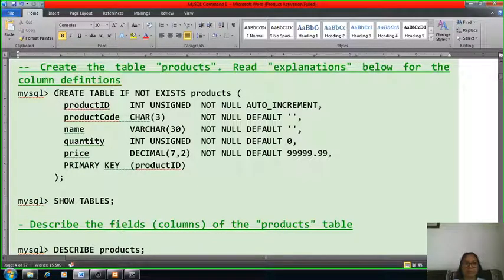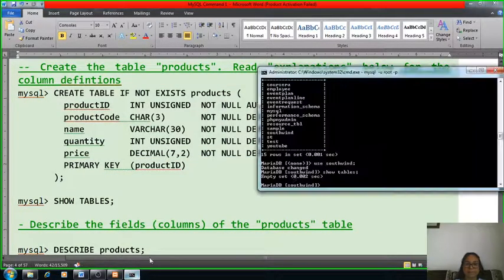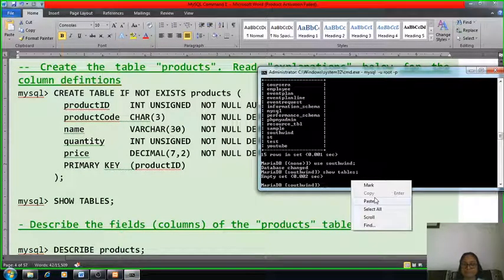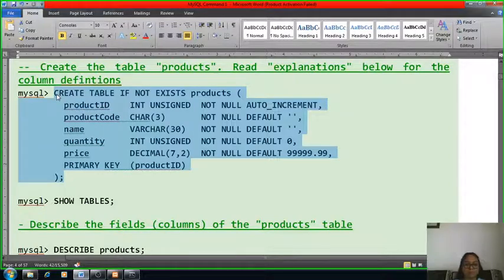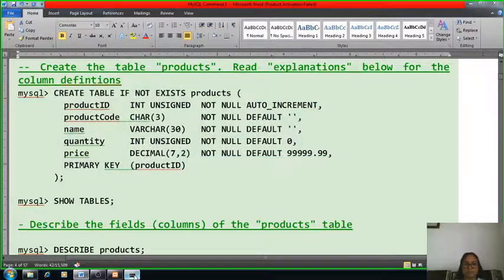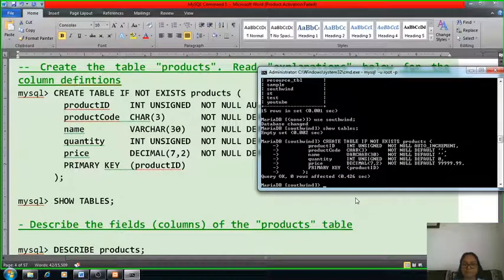I will copy and paste these commands as they are. Okay, now this table is created.